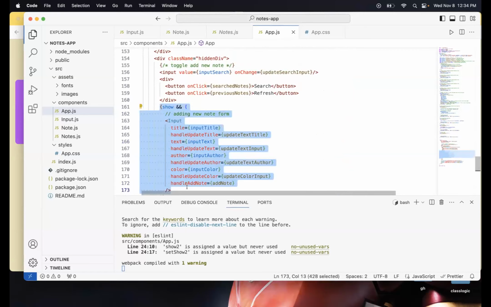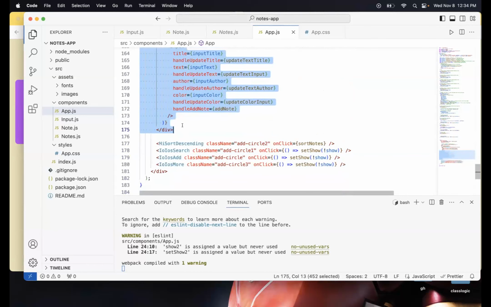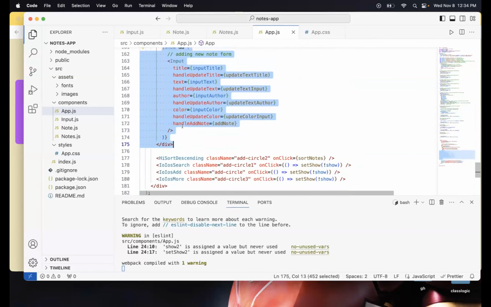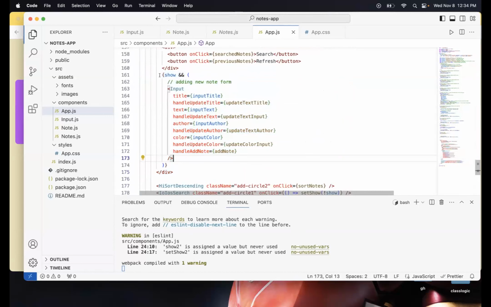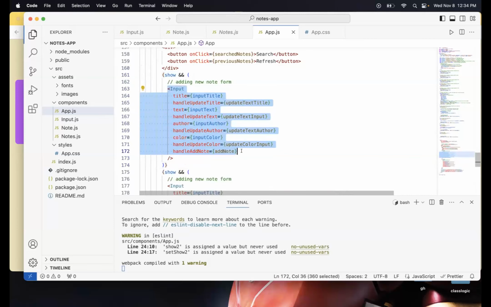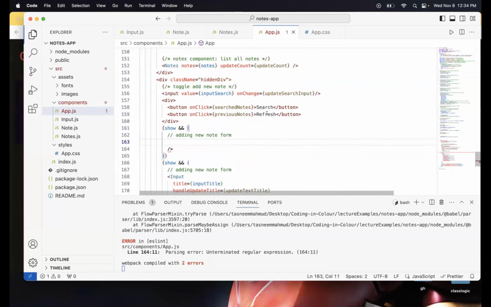Let me do this. I'm going to copy this whole block and create the same one again. But this time, instead of input, what I'm planning on doing is putting in these.